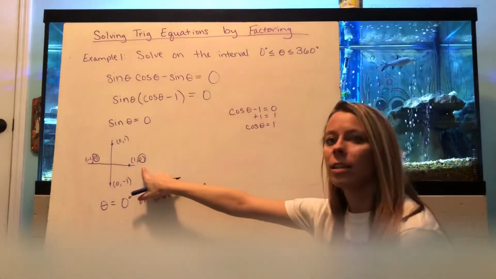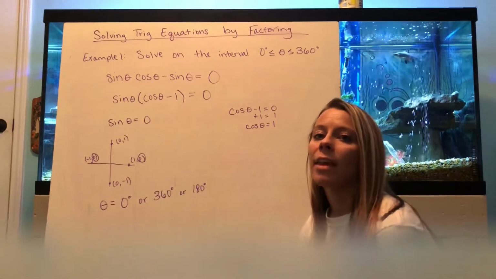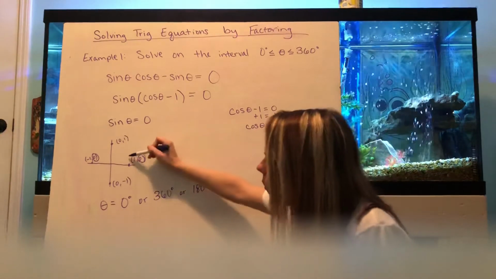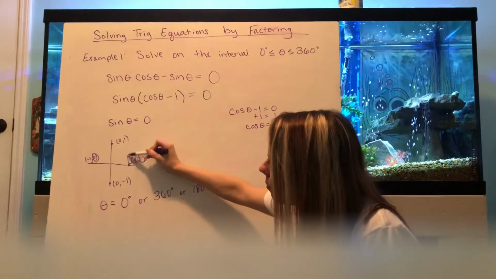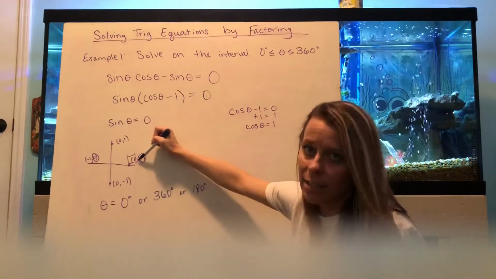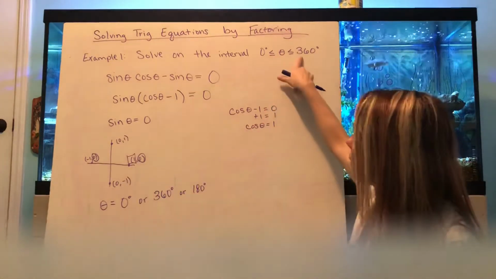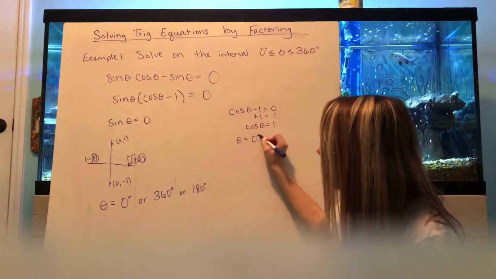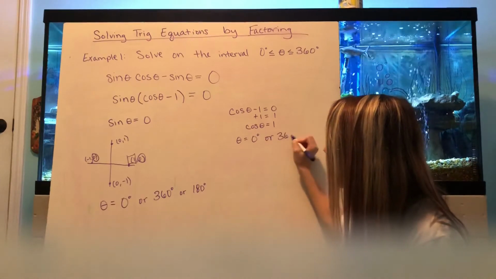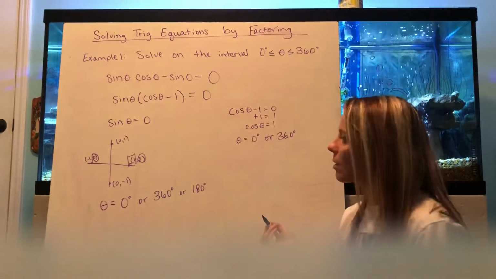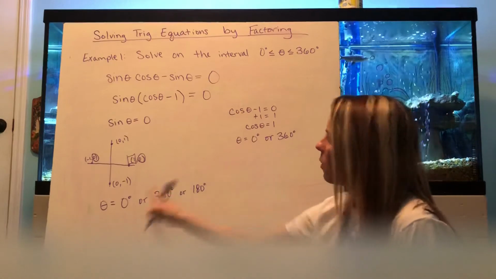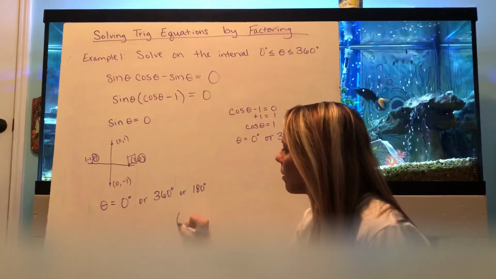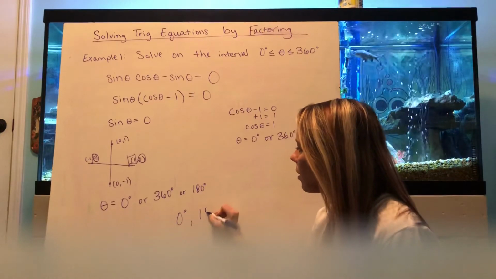Looking back over here at the unit circle, remember that cosine is our x values. So our x values being 1 happen at 0 and 360. And that's it, because this is inclusive with 0 and 360. So theta could equal 0 degrees or 360 degrees from that expression. So my final, and these two overlap, and that's totally fine. So our final answer is 0 degrees, 180 degrees,